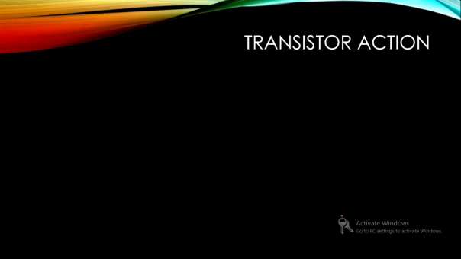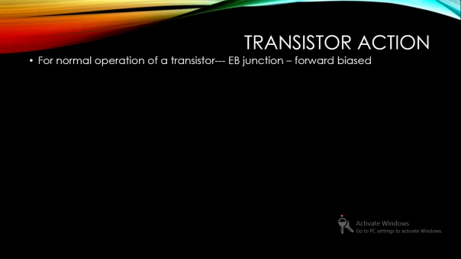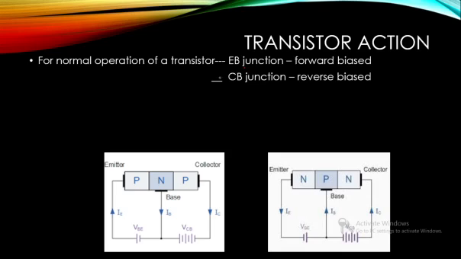Now let's see how a transistor works. A transistor's normal operation requires the emitter base junction to be forward biased and the collector base junction to be reverse biased. Forward biasing will facilitate the flow of majority carriers. Here you can see the P region consists of majority carriers as holes. The P region is connected to the positive terminal to make it forward biased. So this positive charge will